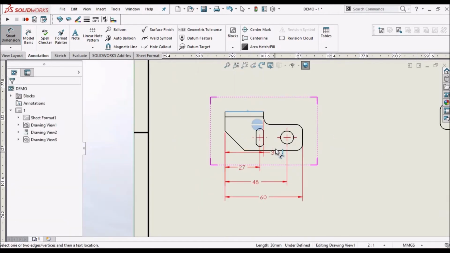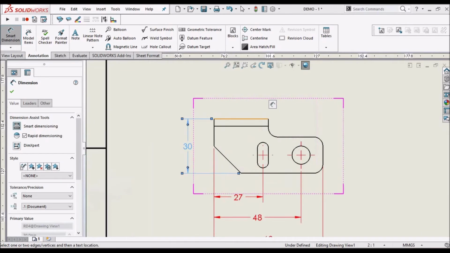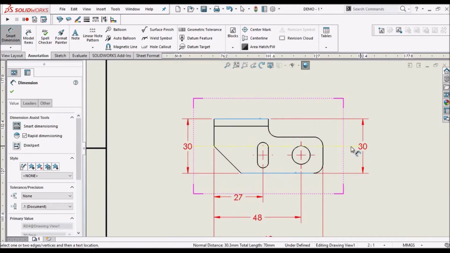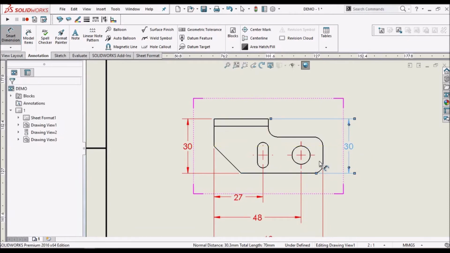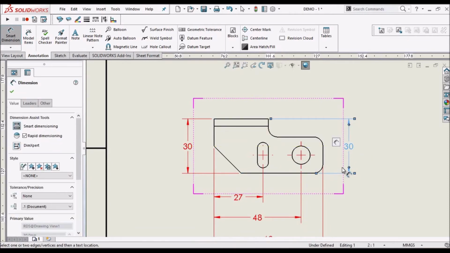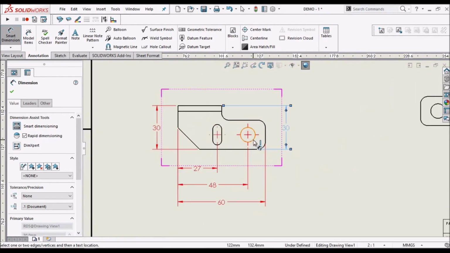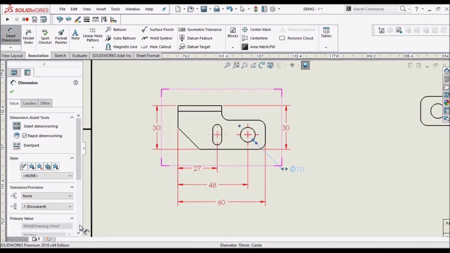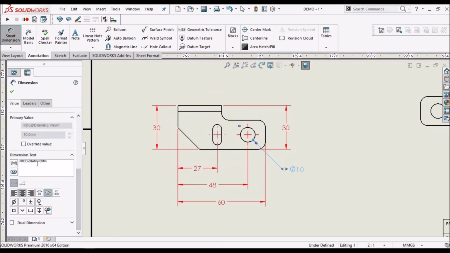We have to give overall height. There are two holes exactly in opposite direction, so we have to keep 2 into x.